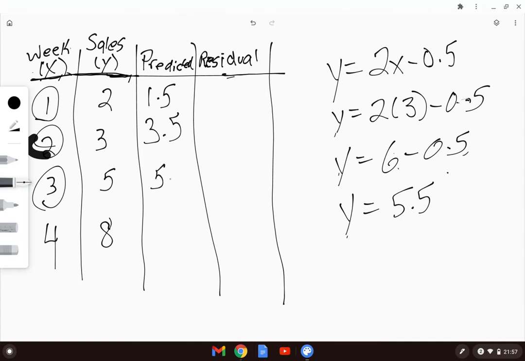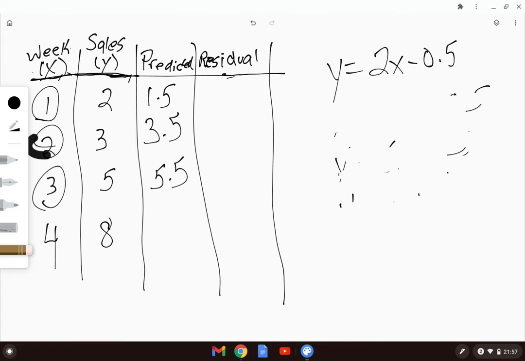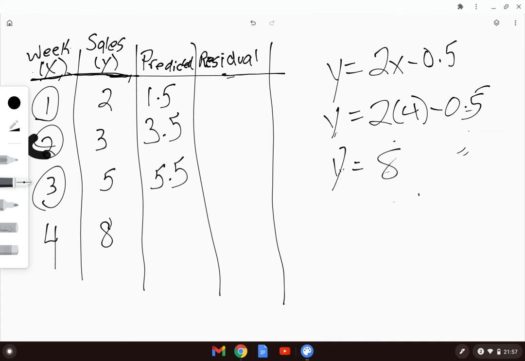All right, so my predicted value here is 5.5. And then we'll do 4. All right, so here we have 7.5. All right, so those are all my predicted values for my various x inputs based upon the equation for my